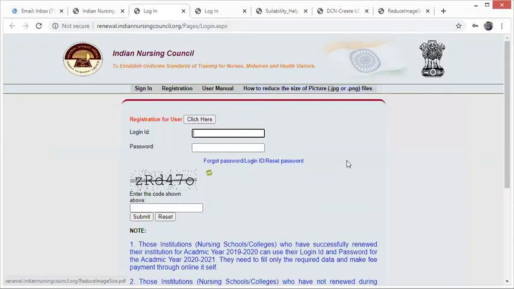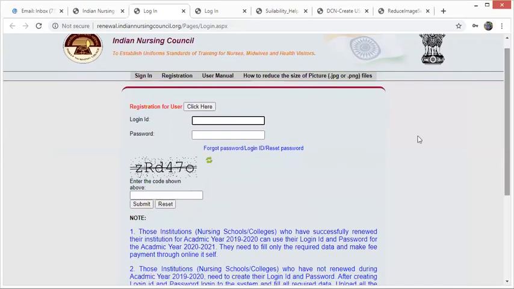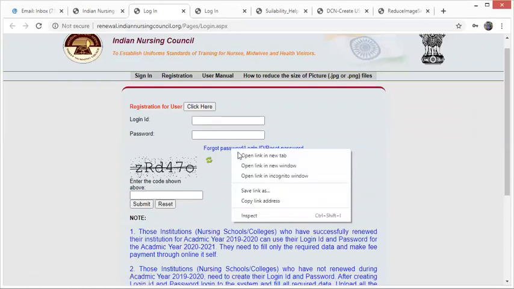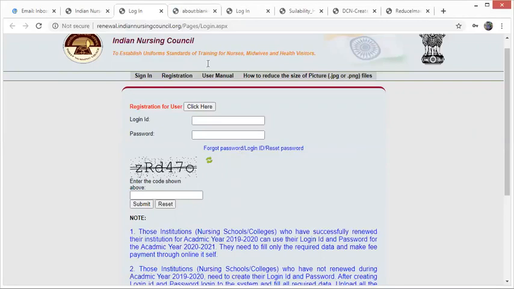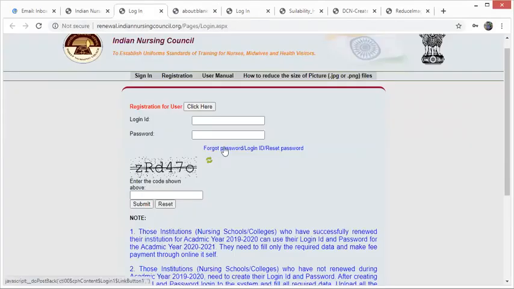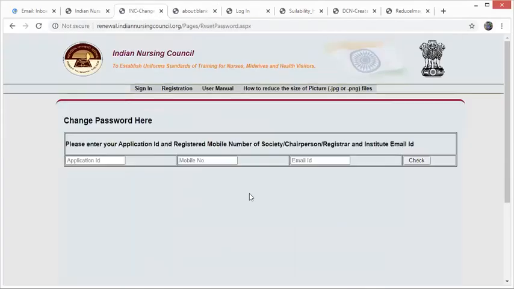And before that, we would like to request that each nursing institution shall have its institutional email IDs, so that the principal can access, the chairperson can access, and the concerned dealing person who is uploading this information can have access to the emails. Because even if you have a login ID but you want to reset the password, for that also you should have an email ID registered with the Indian Nursing Council. In that you can retrieve your password or you can reset.